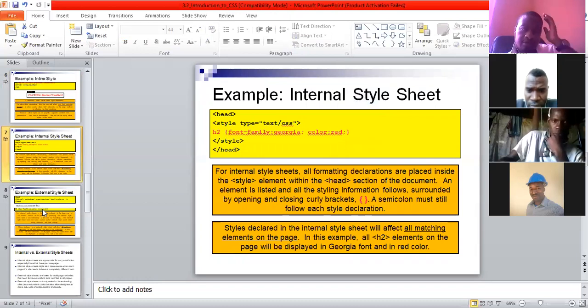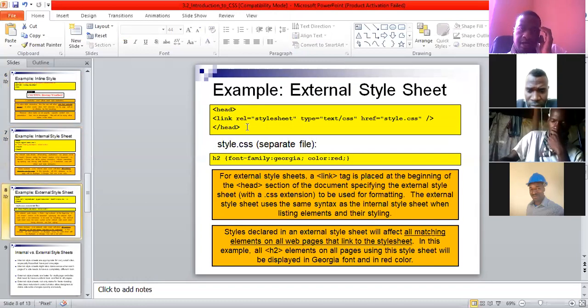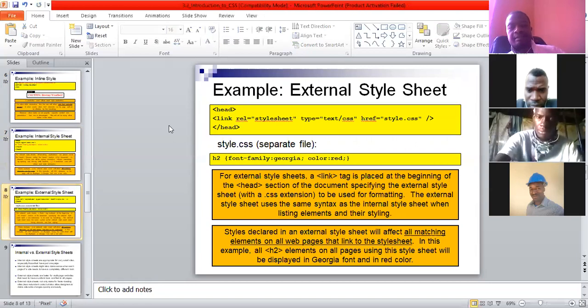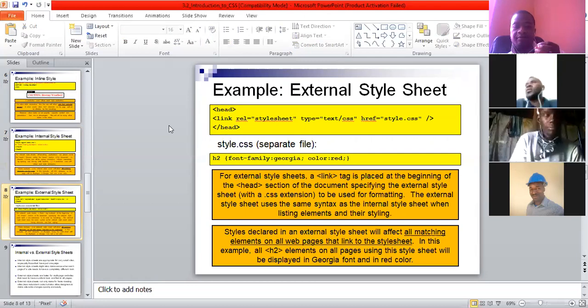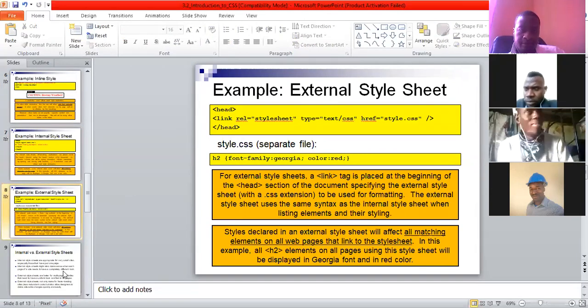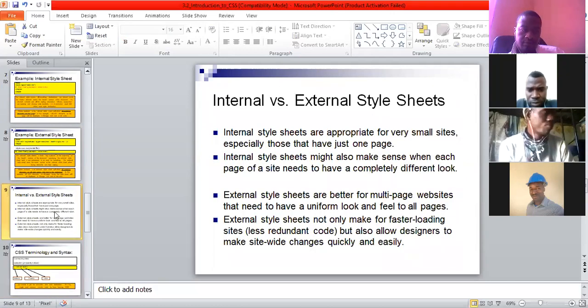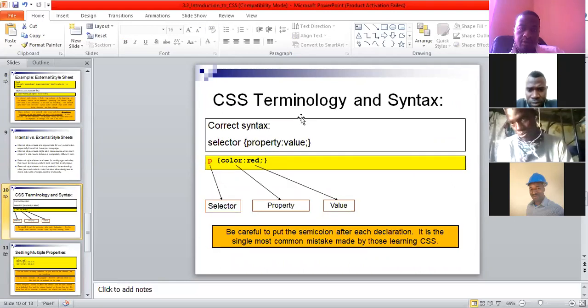Okay, so let's move on. The external one, I say this one is more advanced. But what you need to know is just the basics: with external CSS, you have to create a separate file, and you run the code from there, and then it affects the web pages that you have created, right? Good. Now this is how you declare, I mean, the syntax